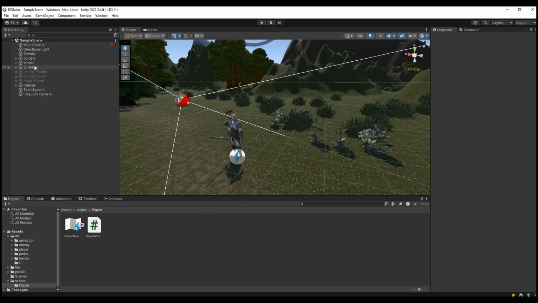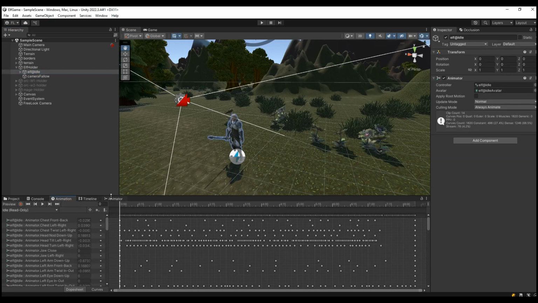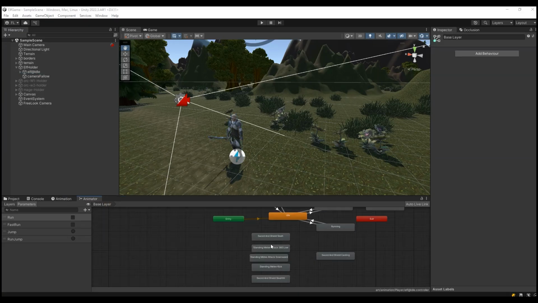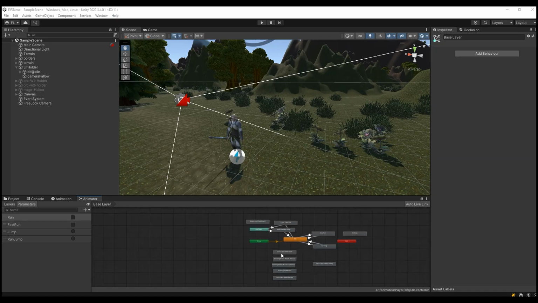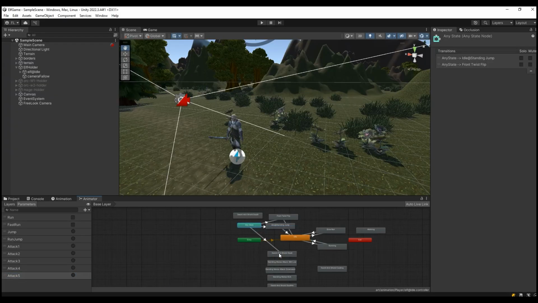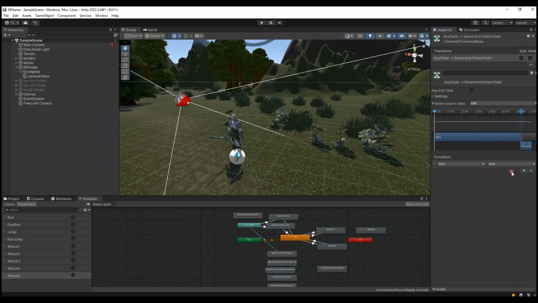Okay, let's go and first fix the animation for the combo attack. Going to animation, animator. Let's see how many attacks we have. Okay, so I have put them in the order that I want, so I can easily give them the trigger. For example, I have 5 animations for the combo attack. Then I say, for example, attack 1, a trigger attack 2, and 5. Now, from any state, I give these triggers. For example, attack 1,